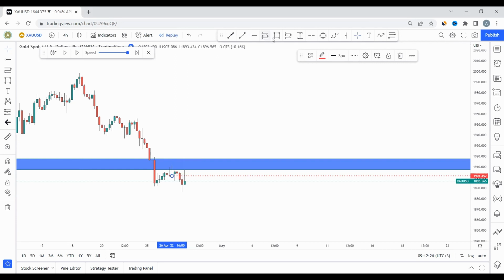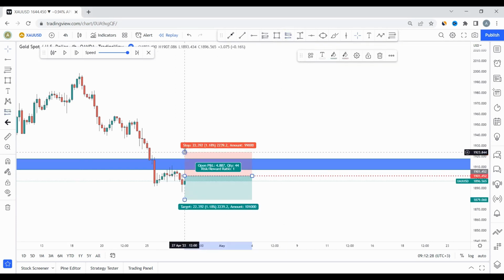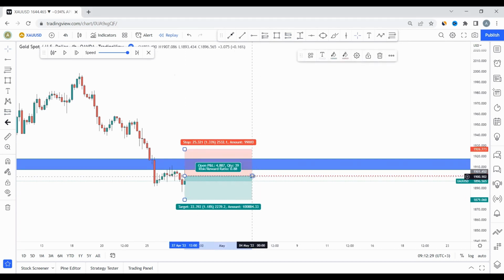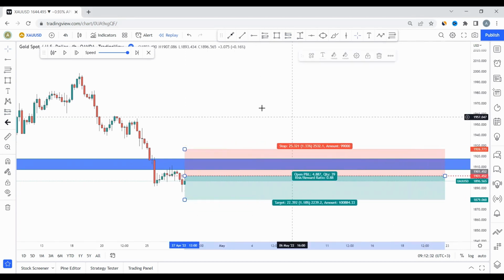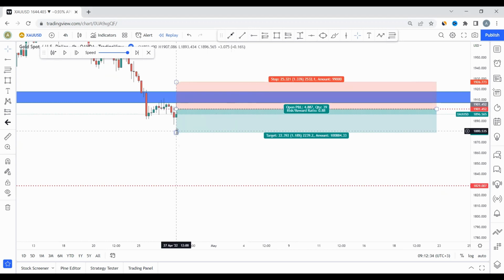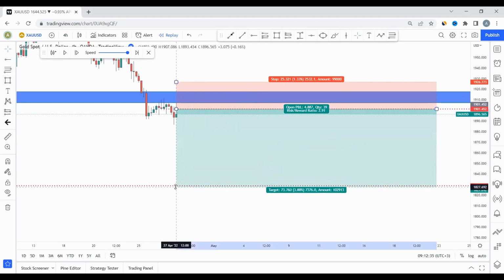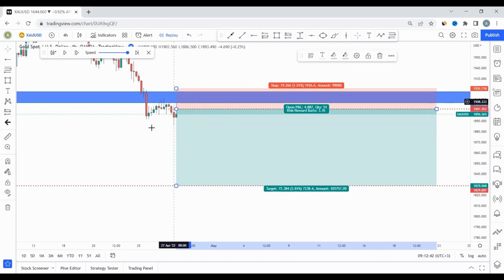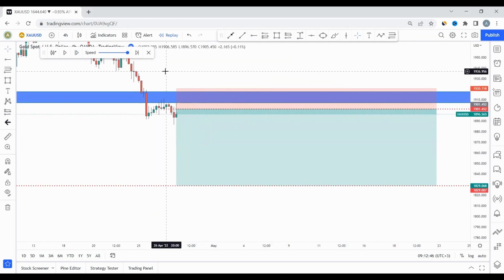So this is the first point whereby we're going to take our sales here and our stop loss just above this area here. And also, remember our target is down here because we are swinging. It's down here. Let me just put it here. Our stop loss will just be above this area. Remember, minimum 1, 2, 3. So let's play and we see if we hit target or we hit stop loss, right?